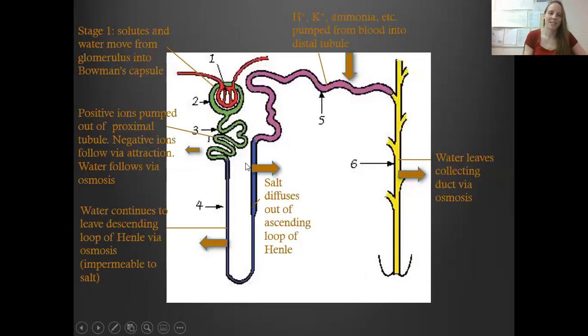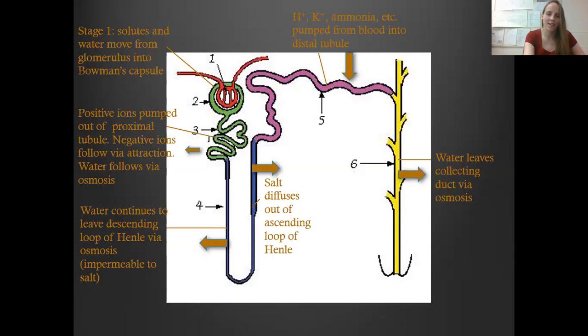Again, just another kind of description of what's happening here. So this is our glomerulus. Solutes and water move from the glomerulus to the Bowman's capsule. As we go into the proximal tubule, your positive ions are pumped out, negative ions follow because of attraction, water follows because of osmosis. Then we go into the descending loop of Henle where water keeps coming out because of